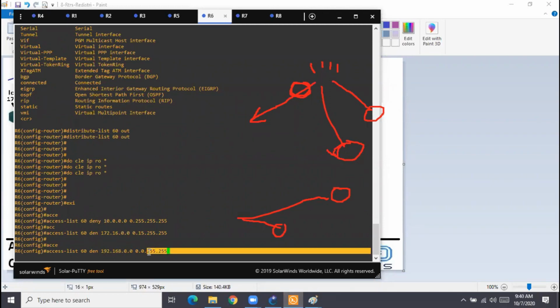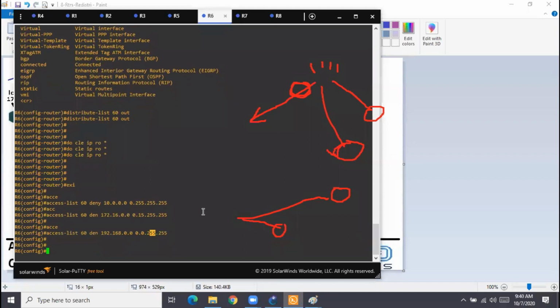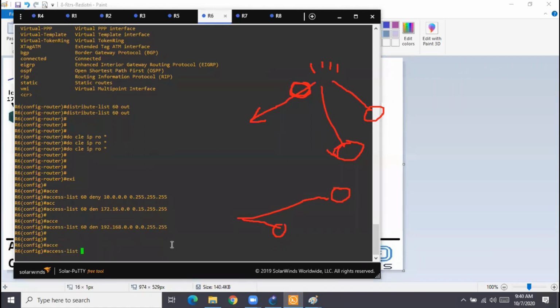So deny all the routes starting with 192.168, with everything in the third octet and everything in the fourth. Done. So now the access list is created, and in the end finally permit any.